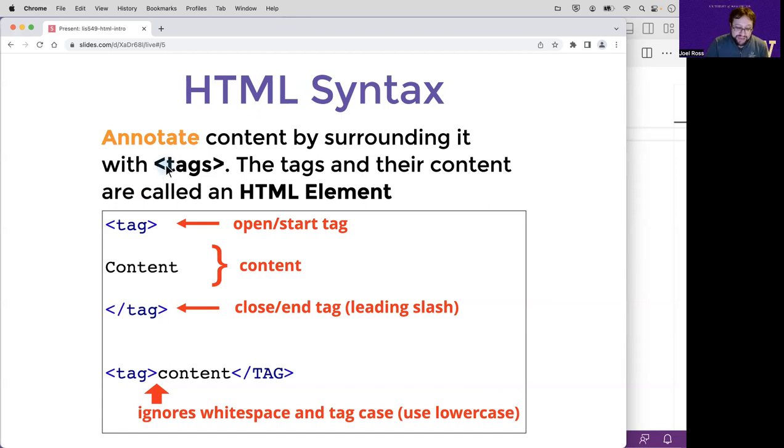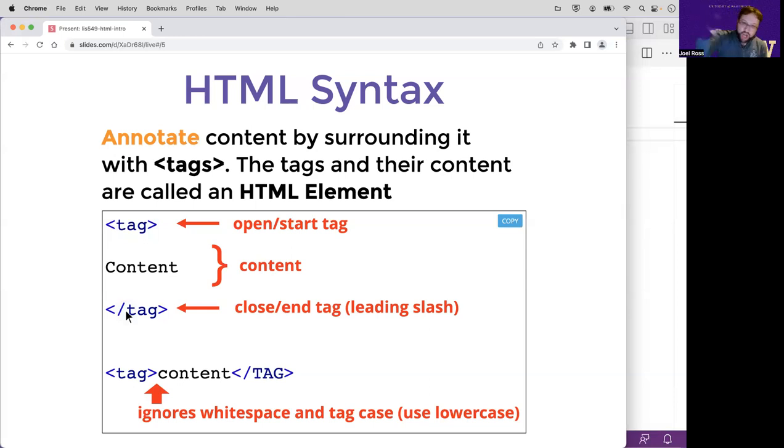A tag is written with a less than symbol, the name of the tag, and then a greater than symbol. So this becomes here, that's the tag. You can think of it as the start highlighting tag. We then put some content, the things we want to be highlighting, and then we put what's called an ending tag, which is going to be a less than symbol, a slash,